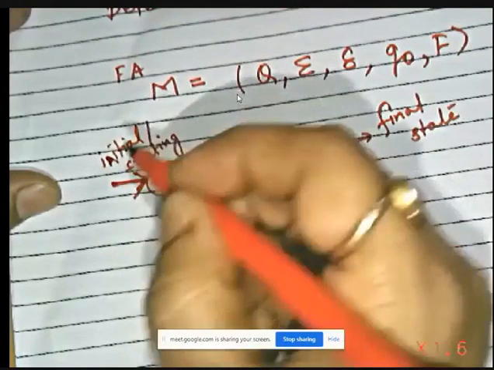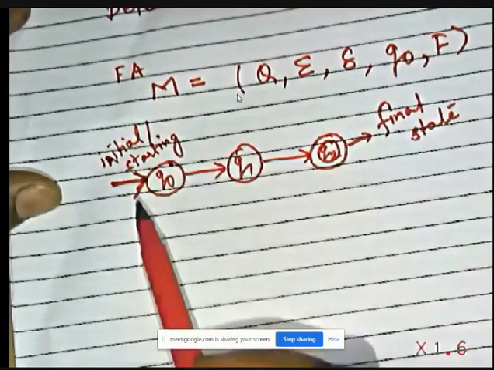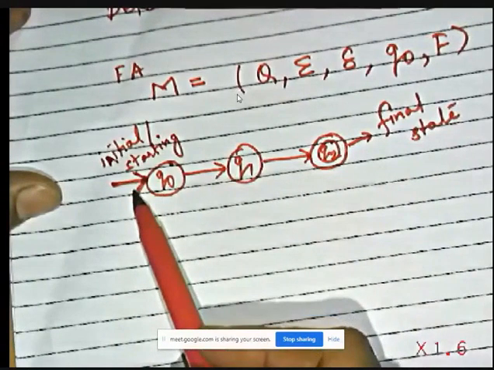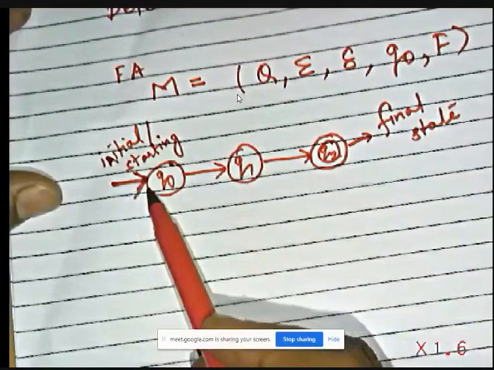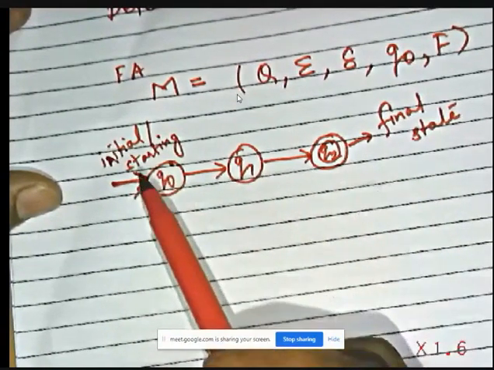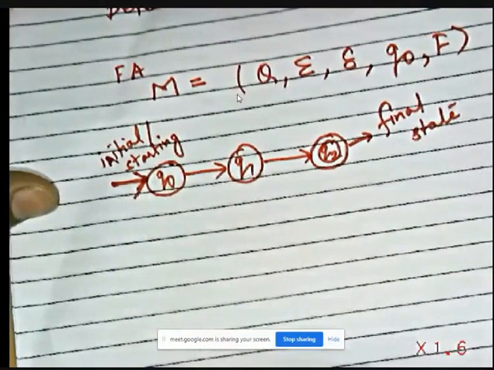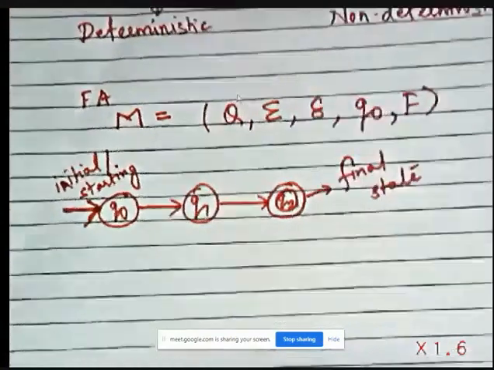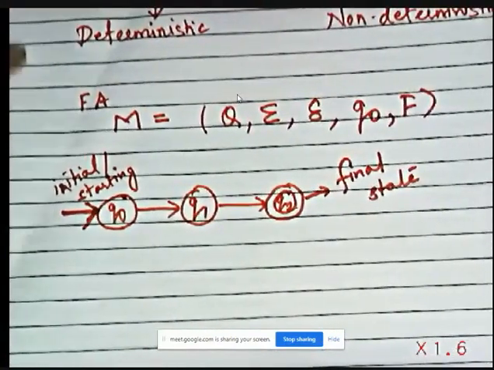Many times students make mistakes that they forget this arrow. This is very important. Unless we specify this arrow, they start from Q0, Q1, Q2, but they don't draw this arrow. But this is the indicator of the initial state. Many a times I have cut marks for this representation if the students are not representing it. Okay, so now we are moving on.